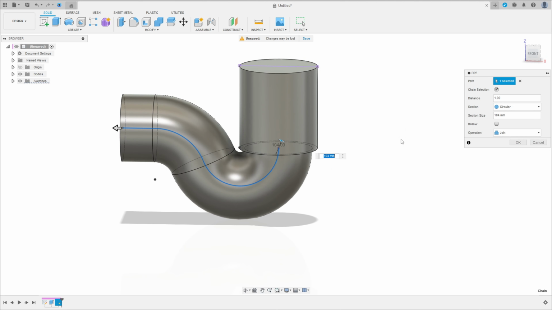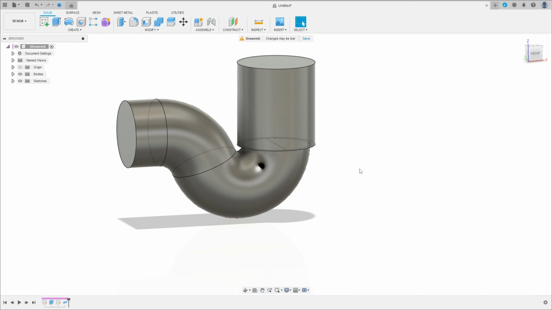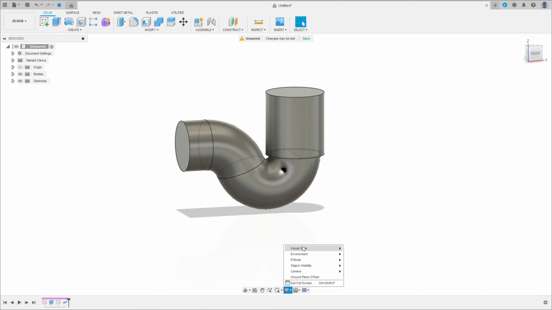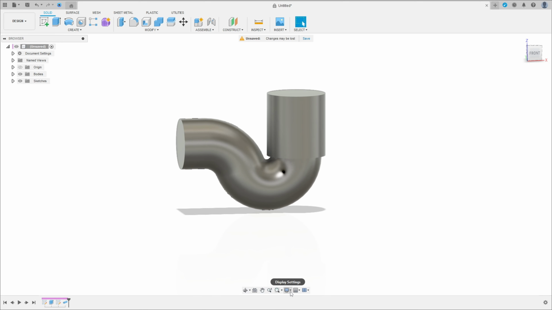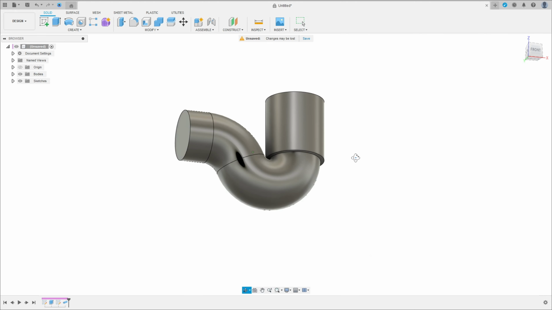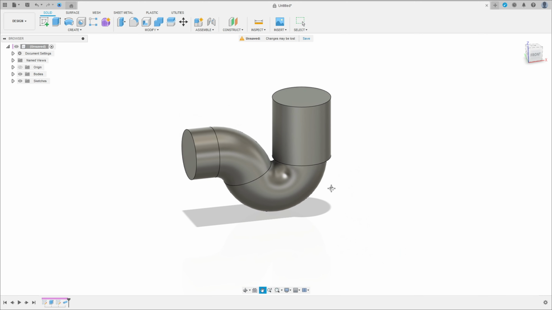We have this, okay, and press OK. We have this. Let me change this visual here. We have it, okay. Now go to create a sketch again, select the front plane here,